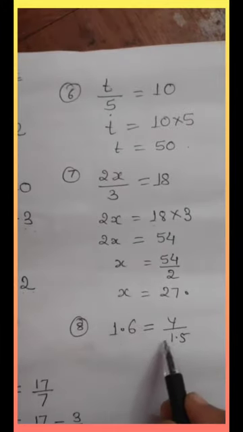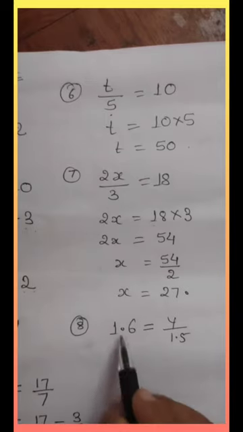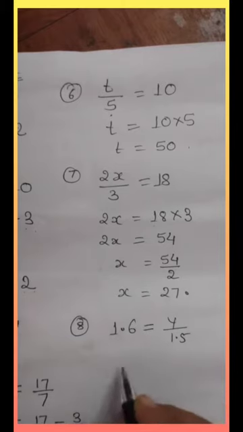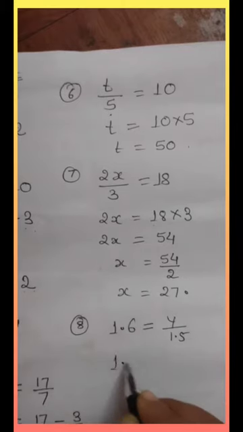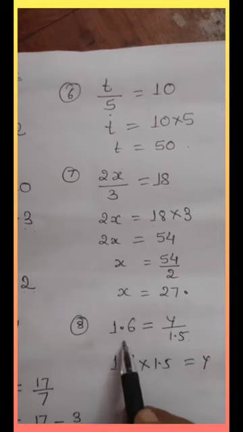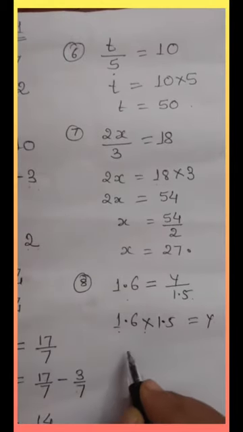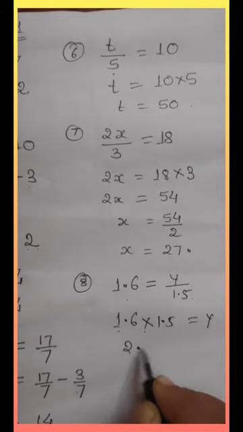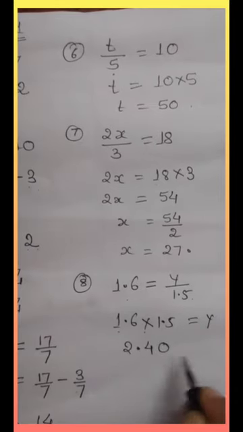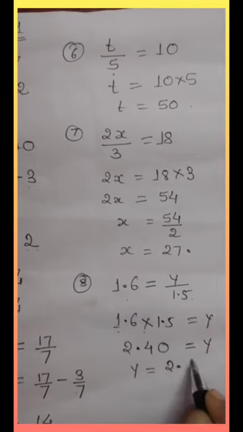1.6 is equal to y upon 1.5. Here decimals are involved. No need to worry. The operations and the steps are same, and we already learned the lesson on decimals. So 1.6 multiplied by 1.5 is equal to y. 1.5, which is dividing here, will get transposed to the left hand side and division changes to multiplication. And 1.6 multiplied by 1.5, you as usual have to carry out the multiplication and give the decimal point after two places. So 2.40 is equal to y, or you can write y is equal to 2.4.